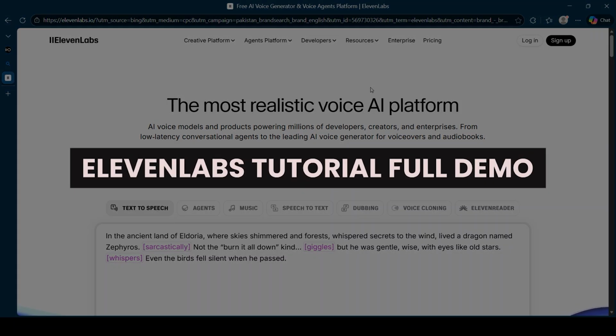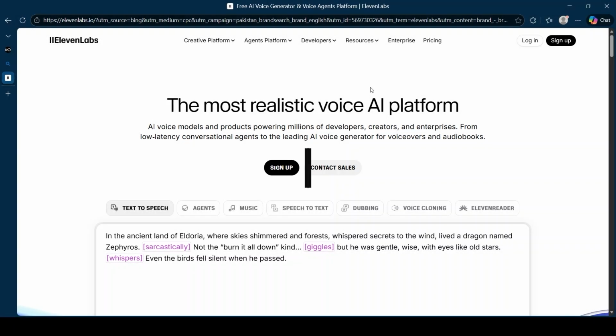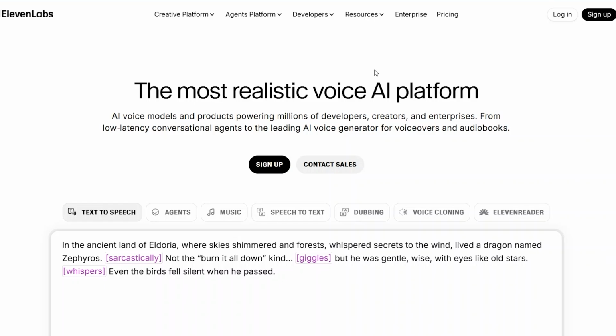ElevenLabs tutorial, full demo of features, pricing, and setup. ElevenLabs is one of the most powerful AI voice and speech platforms available today. You can convert any text to realistic speech, create custom voice clones, do speech-to-text transcription, and build voice-enabled applications. Whether you're a YouTuber, podcaster, developer, or creator, you'll see all the tools here and how to use them step